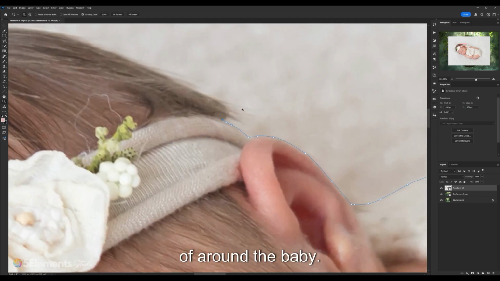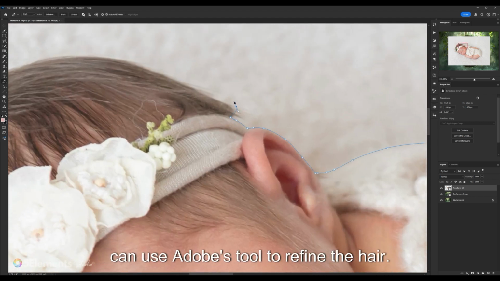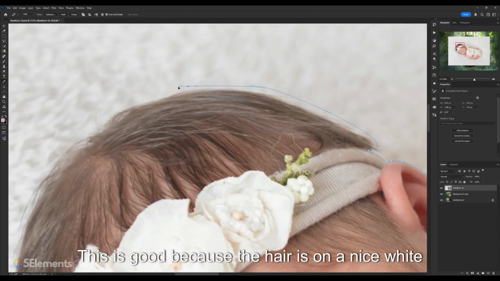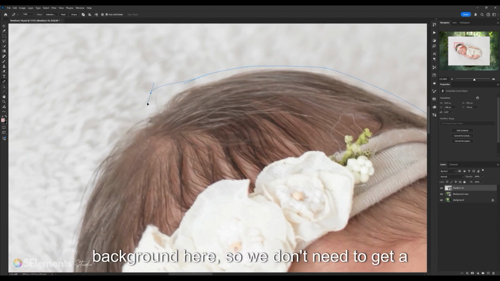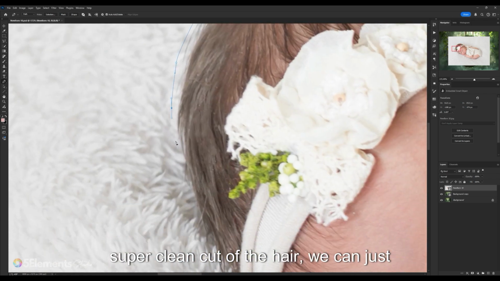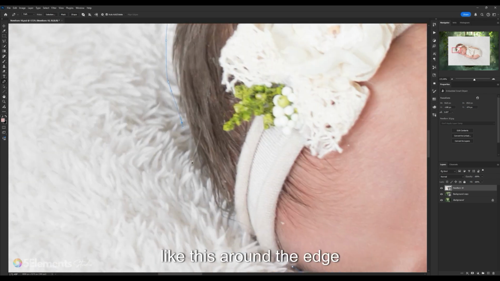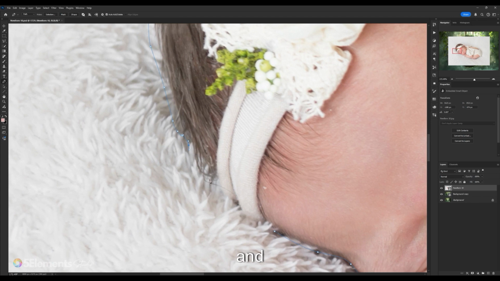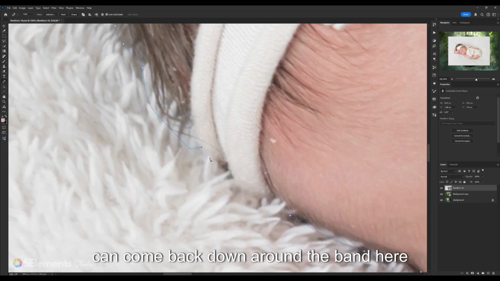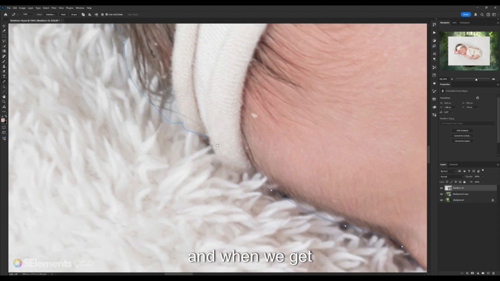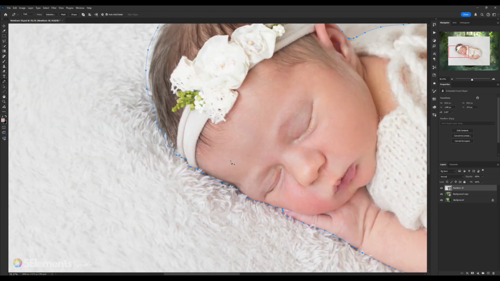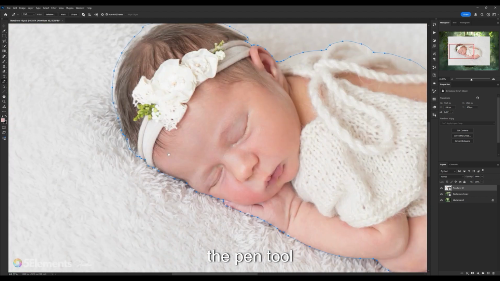Now, when we get to the hair, we actually can use Adobe's tool to refine the hair. This is good because the hair is on a nice white background here, so we don't need to get a super clean cut of the hair. We can just cut around the edge like this, and this is what we'll need to refine. We can come back down around the band here, and get nice and close again, so once we have that full selection with the pen tool,